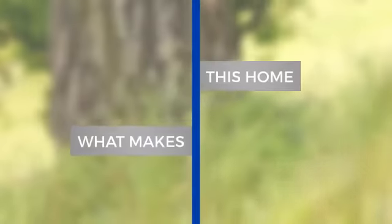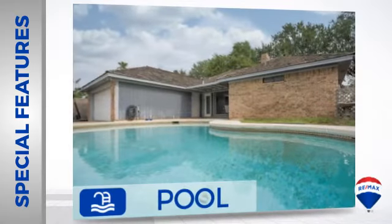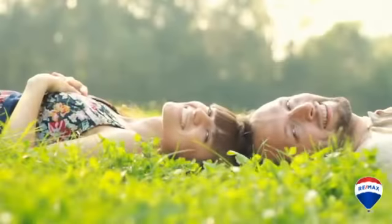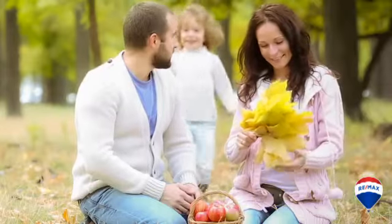But let's talk about what really makes this home stand out. This home also features some other great amenities, like a swimming pool for those hot summer days. All these great features add up to a property that might be not just your next house, but your next